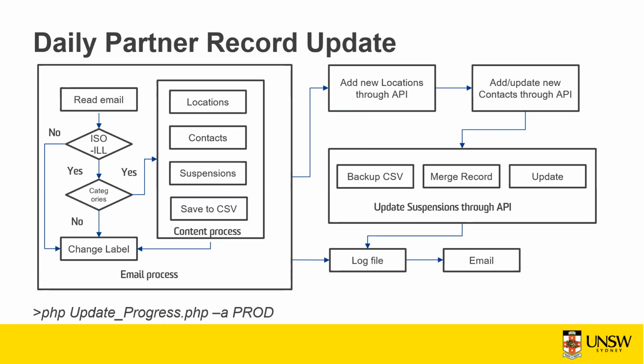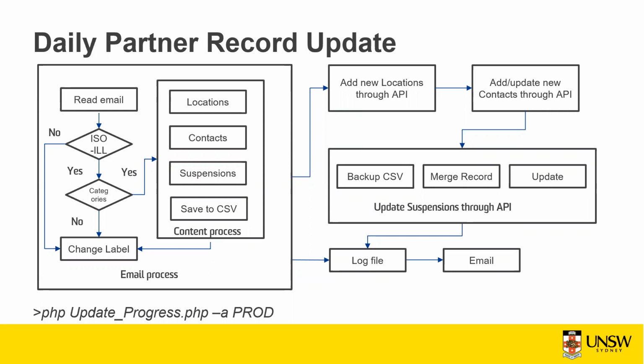The update suspension step first backs up the suspension data CSV file. After backing up the file, the script does the merge record process. This checks whether there are records from the same library which have a time overlap. If so, we merge those records into one single record. The main purpose of this process is to prevent